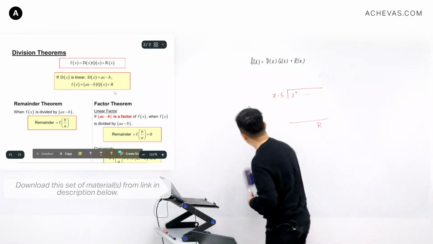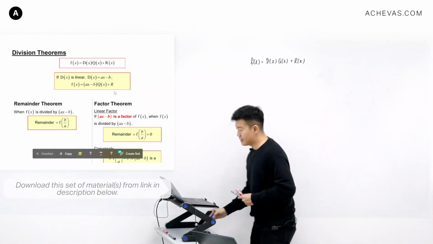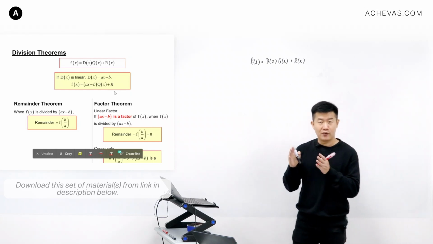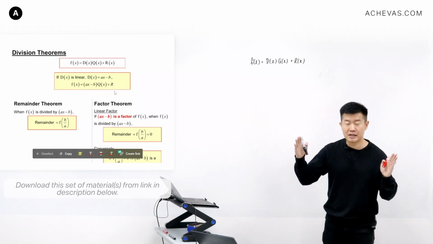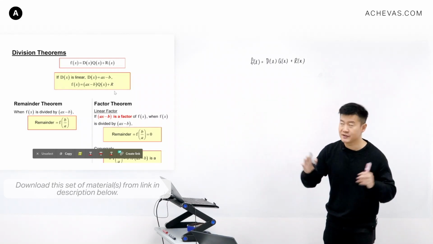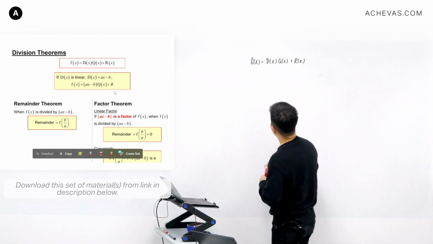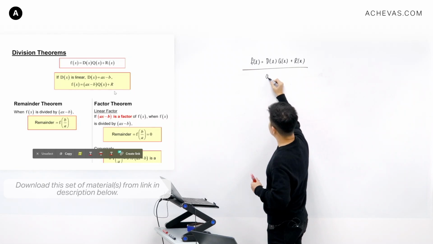So I'm going to re-express this equation that I've written on the board as something closer to what we are going to be learning in our syllabus, because for our syllabus, we will usually be analyzing a division scenario, a polynomial scenario, where the divisor is a linear expression. So if I were to let d be a linear expression, for example,